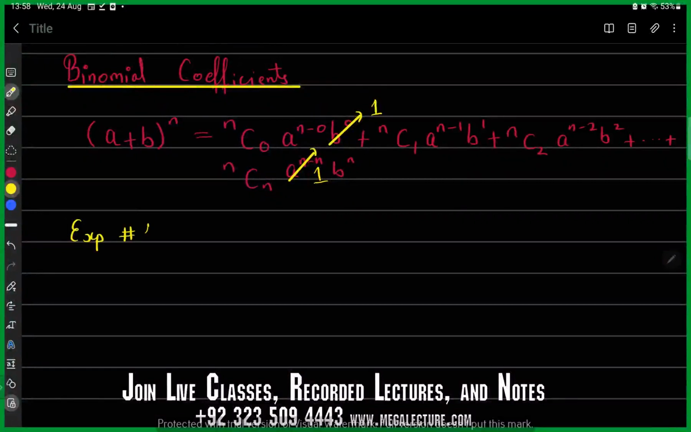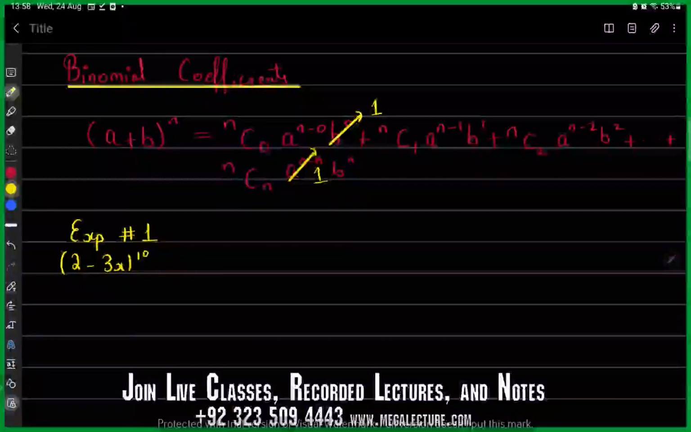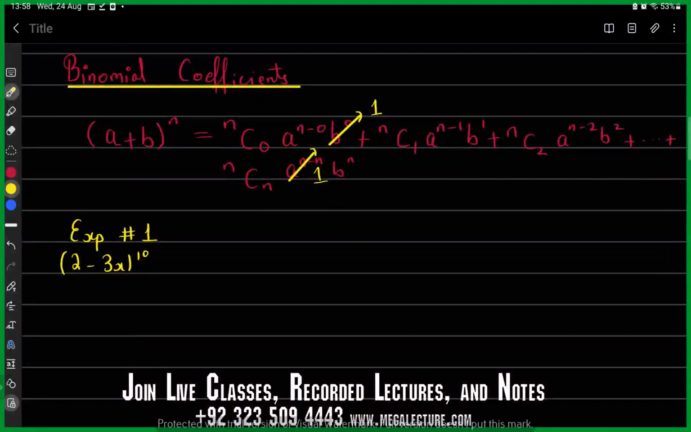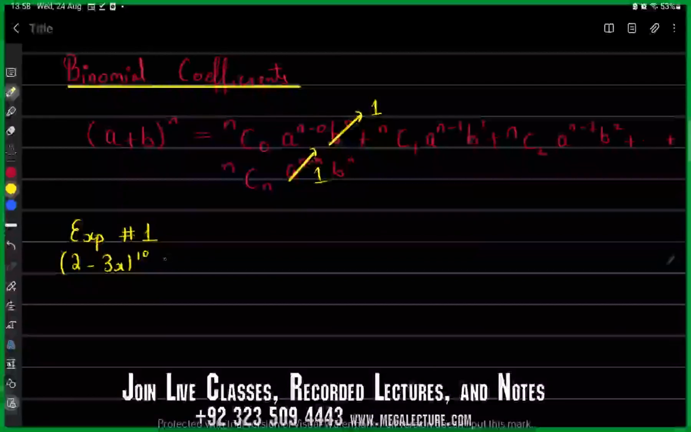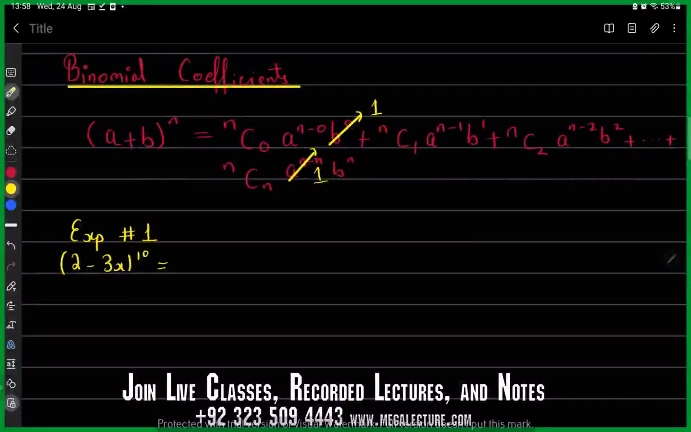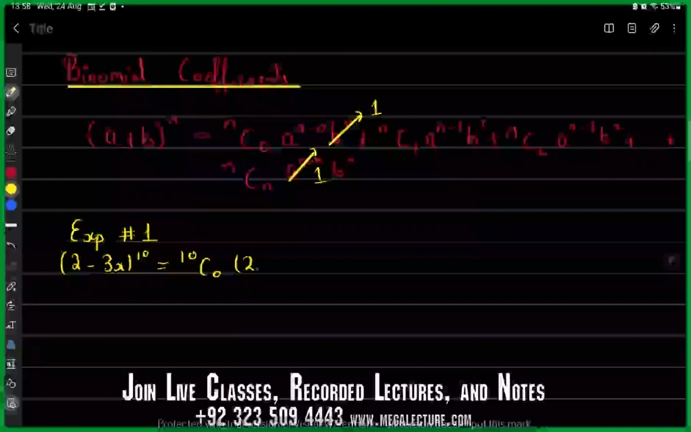Okay, let's talk about this example quickly. So we have (2 minus 3x) power 10. Okay, and you have been asked to find the first 4 terms in the expansion. The examiner just wants you to find the first 4 terms, not more than that. Okay, how do I do it? So it's nC0, so it would be 10C0, a is 2 power 10